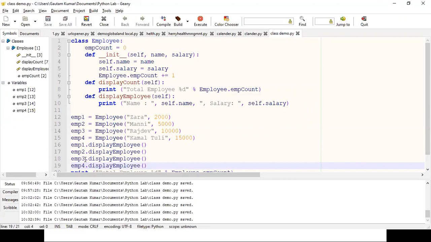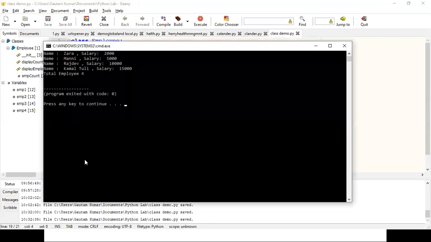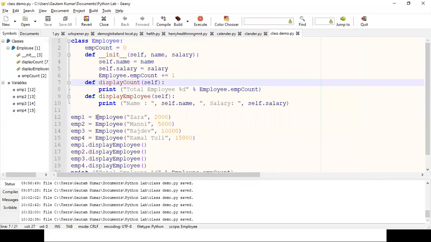After saving it, I am going to run it, and now we have 4 employees here. The name of the first employee is Zara, salary is 2000. Again, we have the second employee name as Money, salary, and all the information, and total employees are 4. So when you create employees one by one, the counter will be increased by 1.